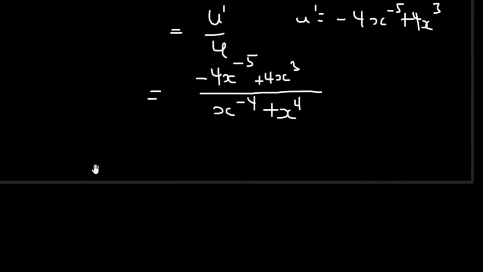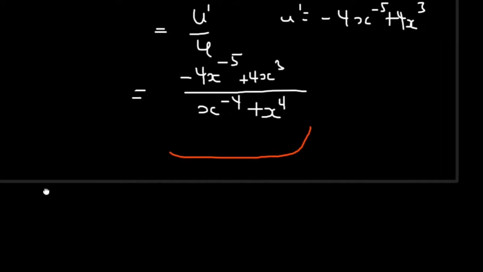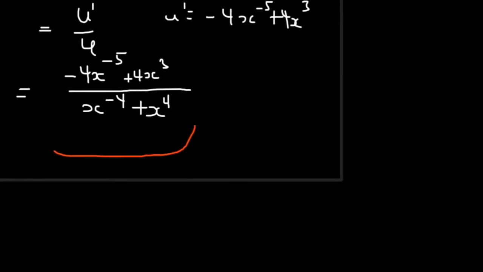Let's go ahead and simplify this: minus 4x to the power minus 5 plus 4x to the power 3, all over x to the power minus 4 plus x to the power 4. So let's look at how you're going to do this. First of all, let's rewrite these expressions, those with negative powers, in a way that we can take out the negative. So I now have minus 4